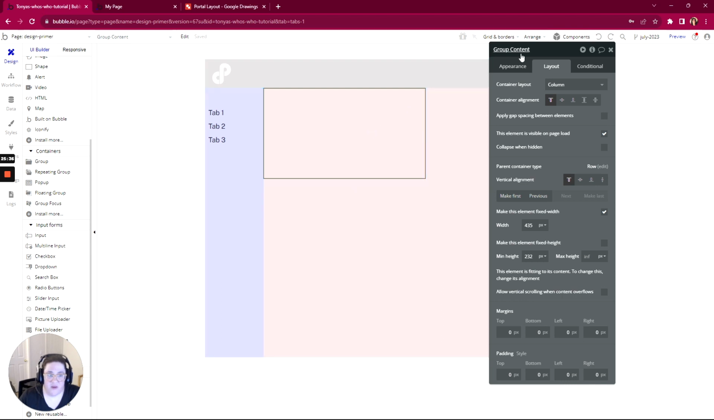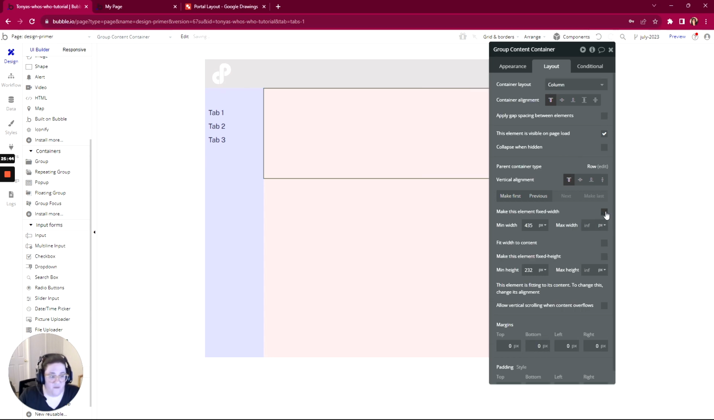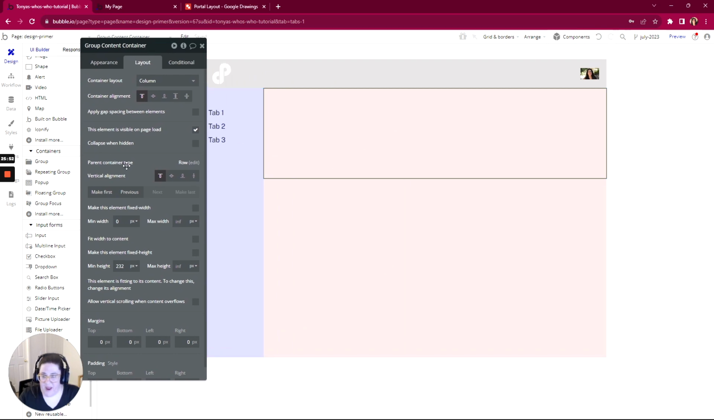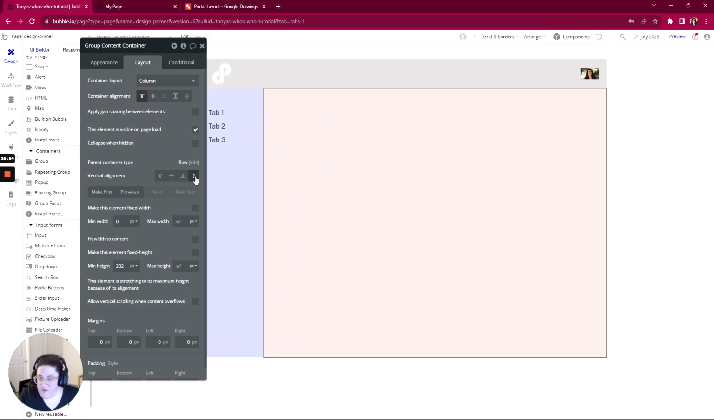So I'm going to make this group content container. And I'm going to go ahead and leave it as a column. And I'm going to make it not fixed width, which I just told you we were going to do something different, but I changed my mind. So we're going to have it spread the entire way, and we're also going to have it stretch the entire way. And then now we're going to put a subgroup within it